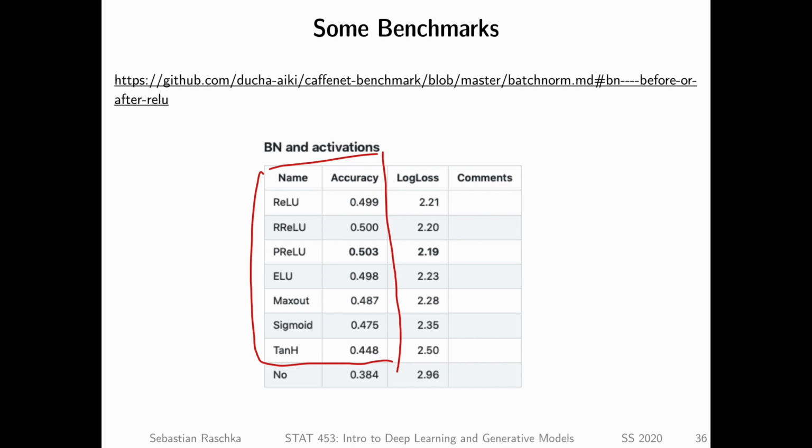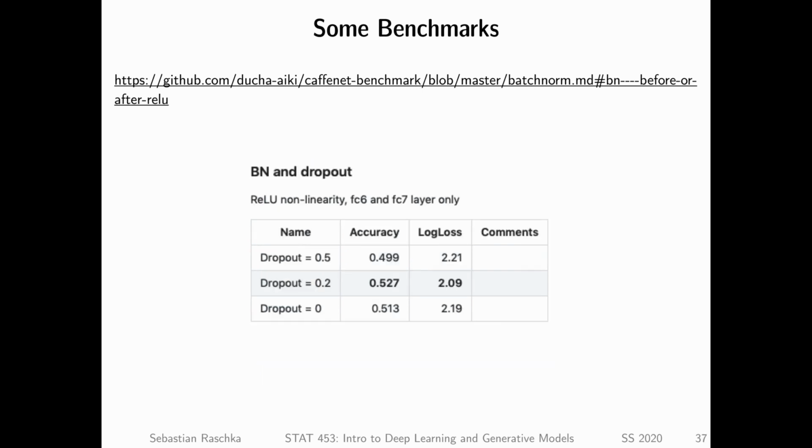And because we just talked about dropout last lecture, I thought this is interesting. We can also combine batch norm with dropout. So what they did here is they had a combination of batch norm and dropout. And what was interesting is that adding dropout makes it perform even better compared to no dropout. Interestingly, adding too much dropout, 0.5, again results in a lower accuracy. And this is maybe what you will also observe in homework 3: if you make the dropout too strong, you will reduce the overfitting, so the difference between training and testing, but overall your performance will also suffer.